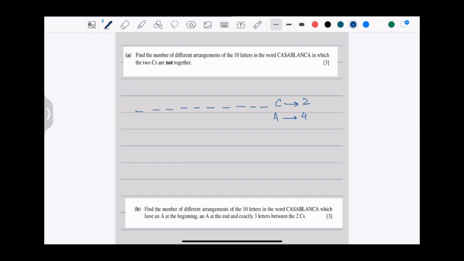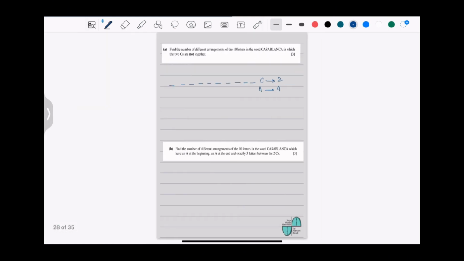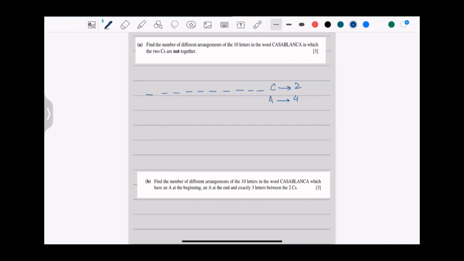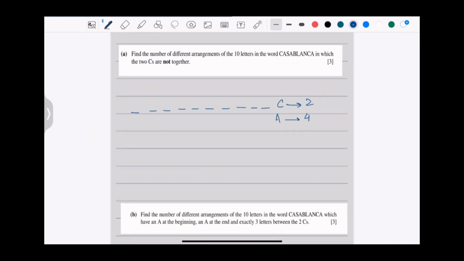Okay, so if you look at this one, this is pretty much more or less the same question we did here, where the cyclists were not supposed to stand next to each other. Since there were 3 cyclists, I had to separately take them and blank them. But since there are 2 C's and they should not be together, the best way to approach it, although you can take this approach as well, both are possible, but the best way I would rather say, when there are 2 options only. So when you cater to this, what you could do is